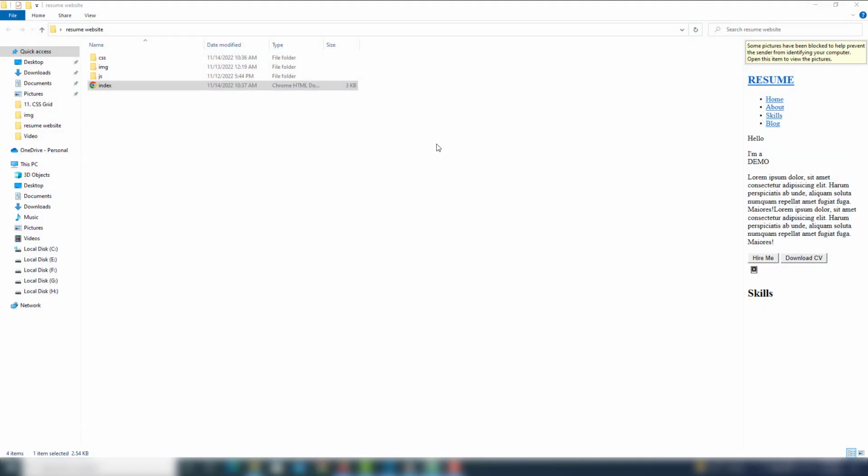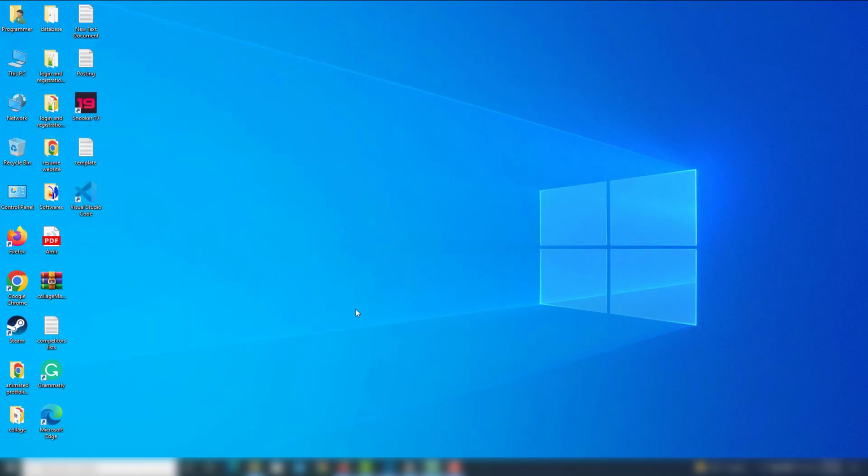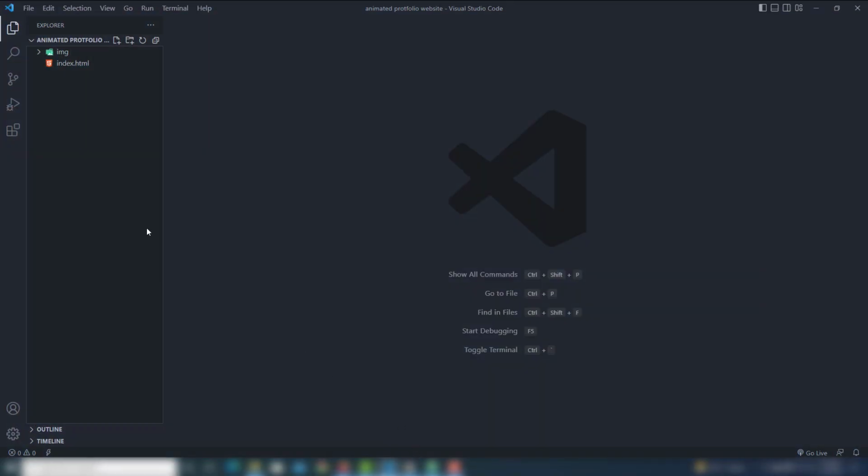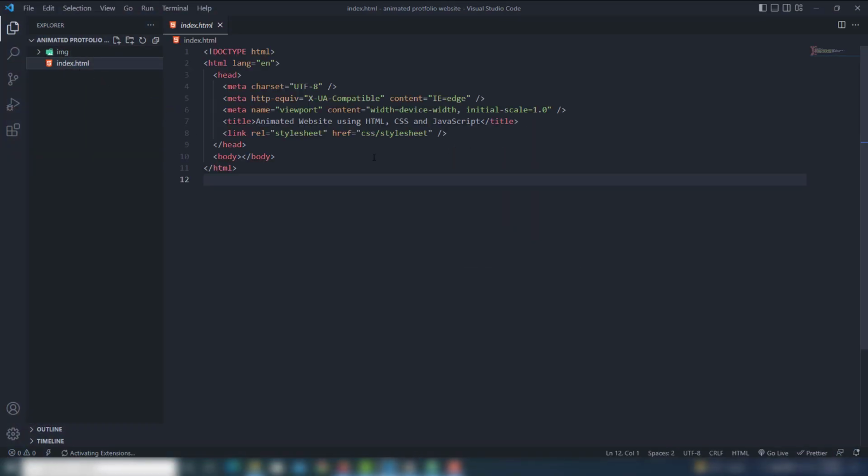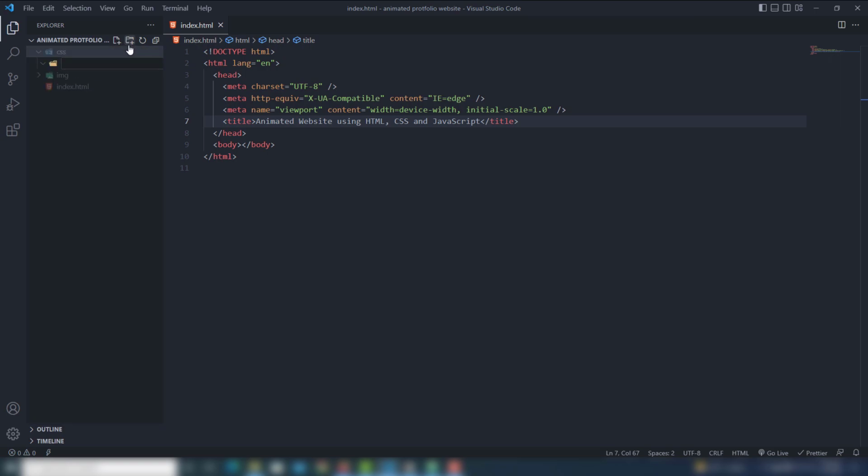So I'm gonna close this project and open my code editor. Inside my code editor I have a basic structure of HTML5. We're gonna create a CSS folder and a JS folder. I'm going to show you from scratch how you can create that.